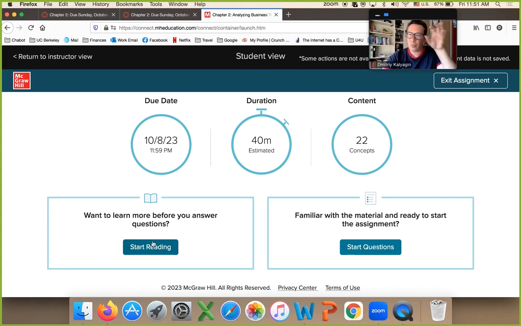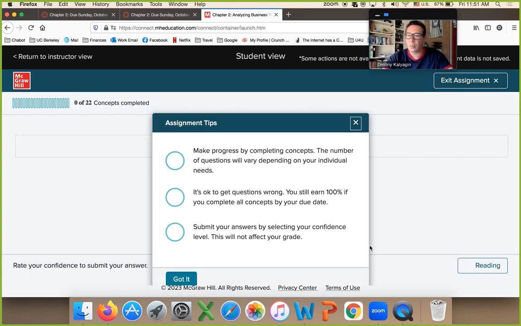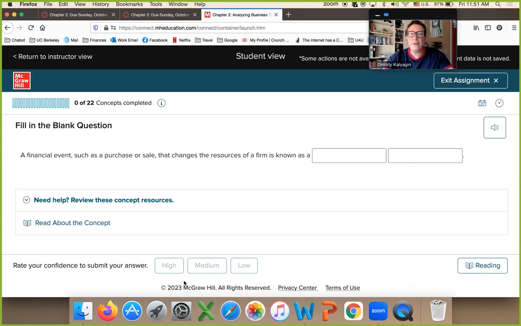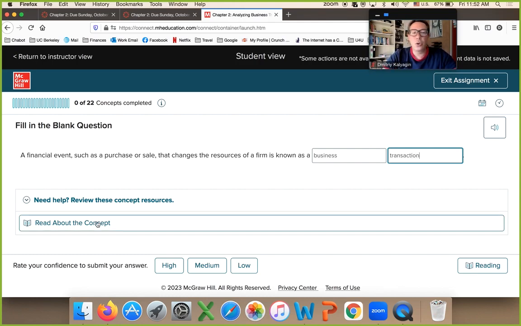Reading is actually reading the book, so this is not graded. This is what's graded: start questions. It gives you all these questions, and sometimes it's multiple choice, multiple answer, fill in. Like here it says, known as a business transaction. If you don't know the answer, you go to the book right here.